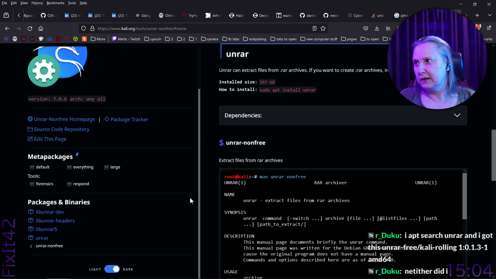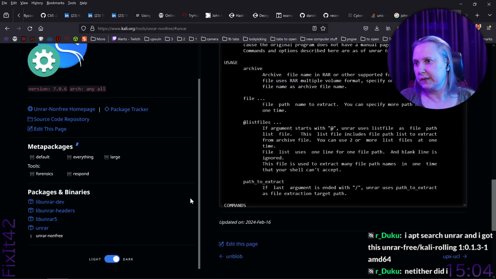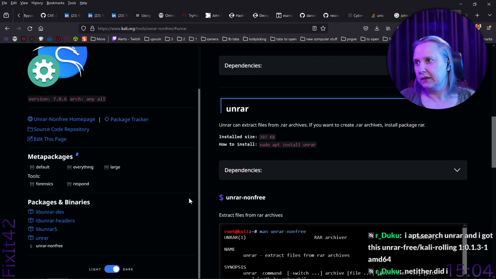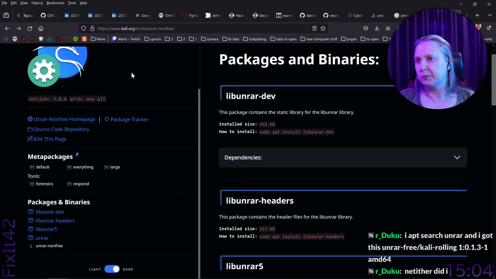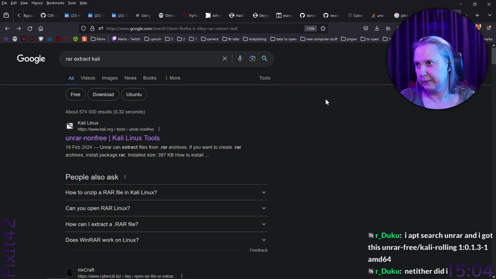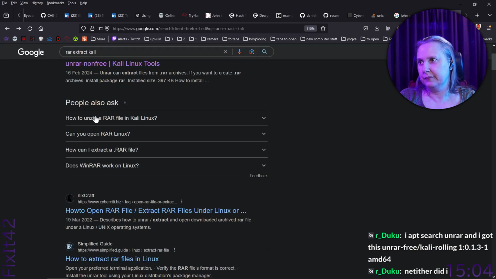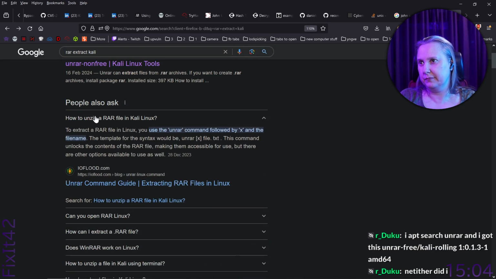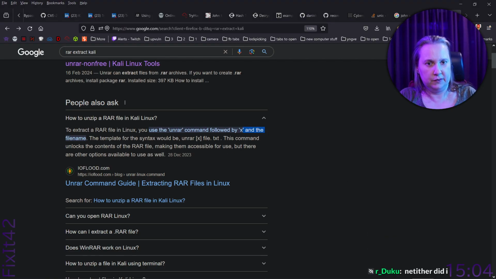Unrar, but it's very odd. I wasn't really looking for this page, so let's see what other hits we had when I searched. X and the file name. So maybe it's just that it doesn't have